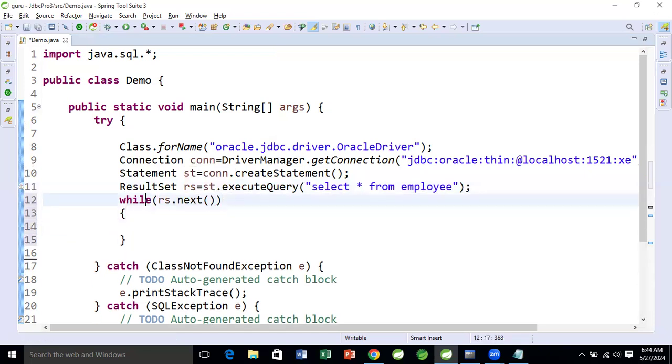This method will return a Boolean value. If rs has any record, it will return true. If it is true, then we can access all values of that record, like